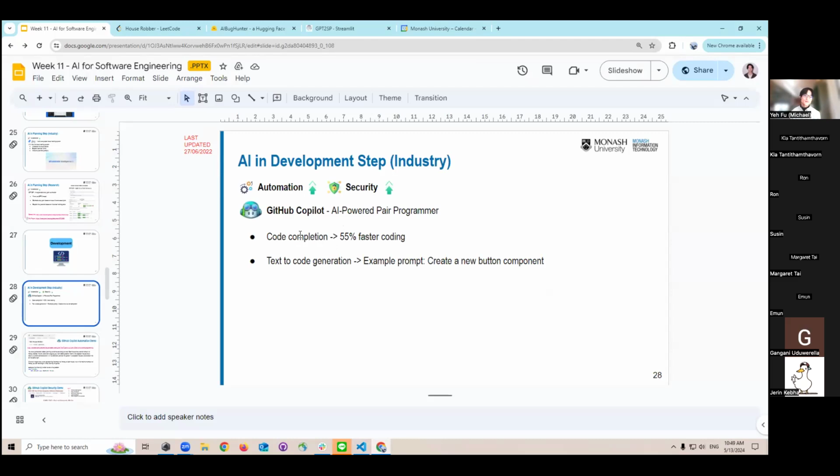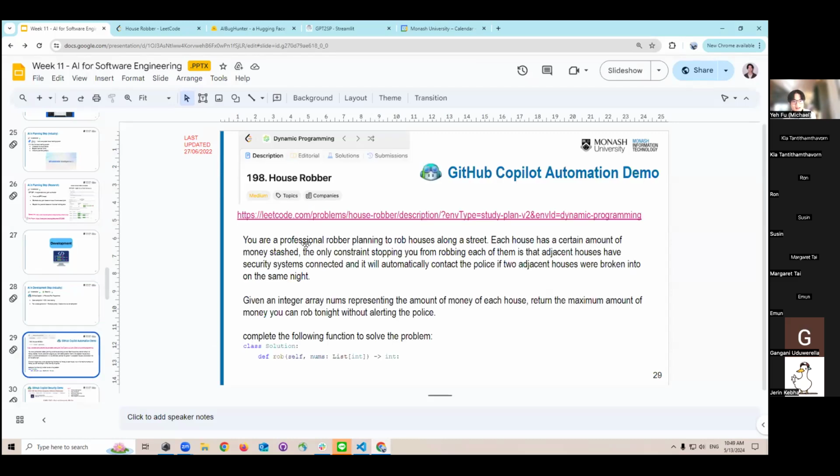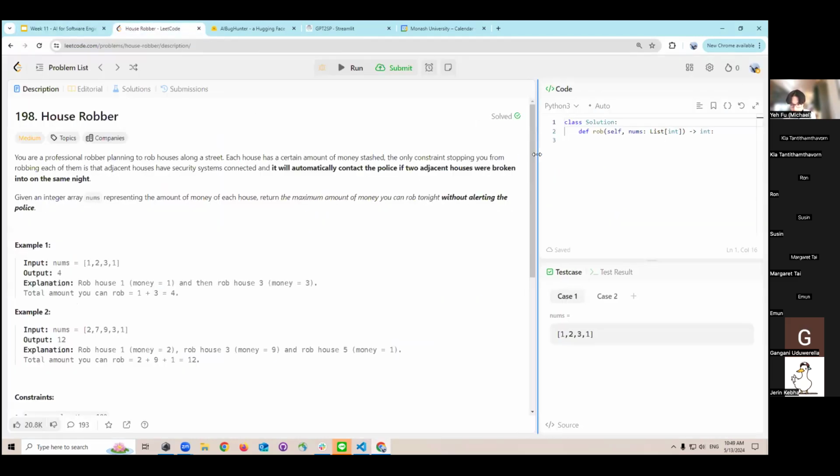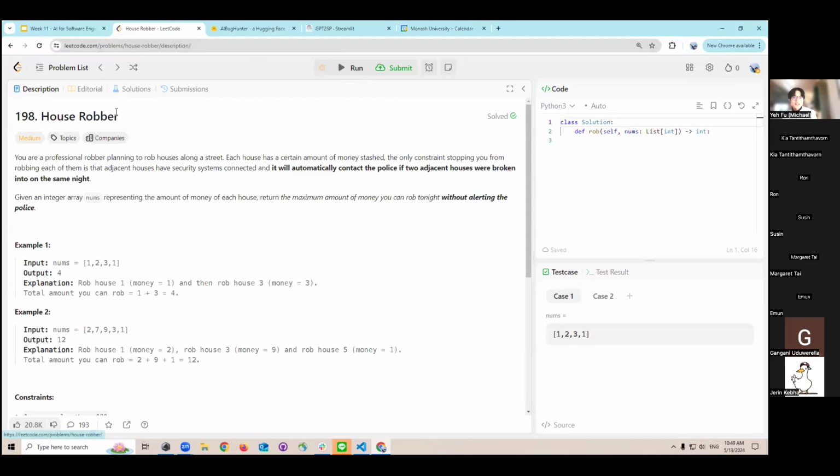So here I want to give you an interesting example. This example is from LeetCode, so let's try this out together. You probably know LeetCode is a website that consists of many coding challenges that you might want to prepare if you want a software engineering job. You want to prepare for a coding interview, right? So this is where you prepare. And I chose this question because it's a typical one in something called dynamic programming. So let's check this House Robber problem together.